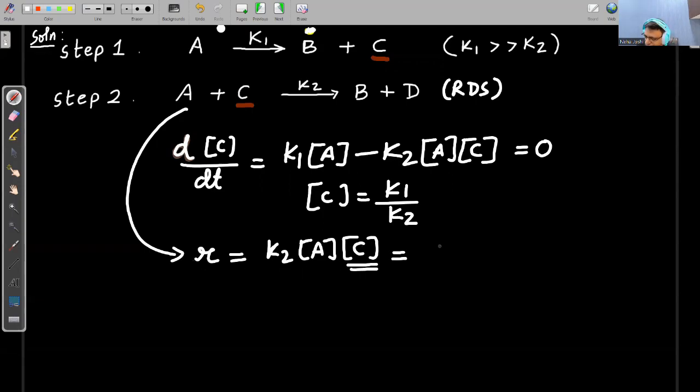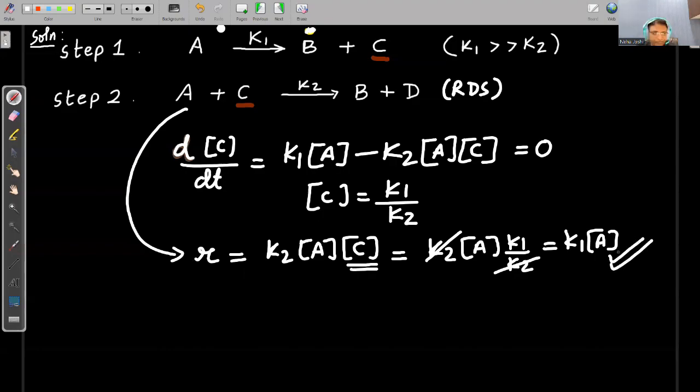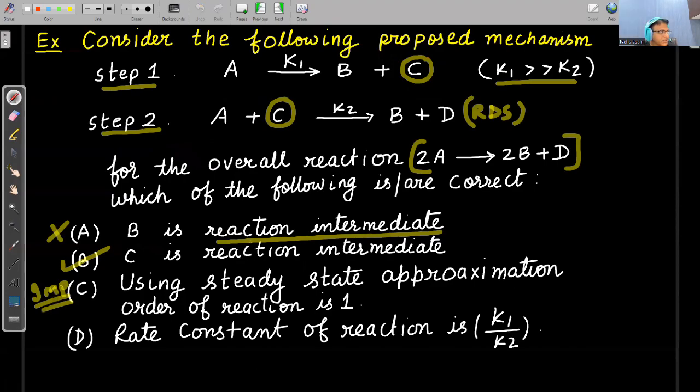तो अगर हम इसको रिमूव करें तो यहाँ से क्या आएगा: K2 इंटू कंसंट्रेशन ऑफ A, और C की जगह हम वैल्यू पुट करेंगे K1 अपॉन K2। K2 कैंसिल आउट हो जाएगा, तो we can write that K1 into concentration of A. So obviously when we are discussing what is the rate of this reaction, rate of this reaction is rate constant K1 into concentration of A to the power 1. So definitely it is a first order reaction. और इस रिएक्शन में रेट कांस्टेंट की वैल्यू K1 है।